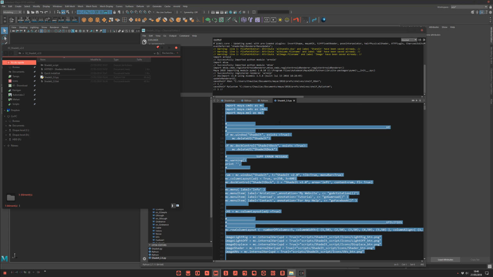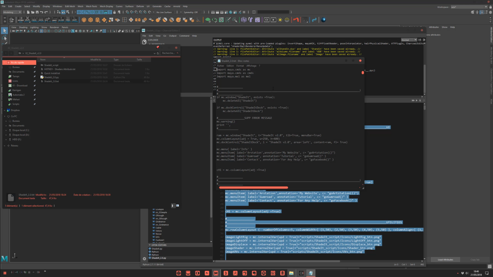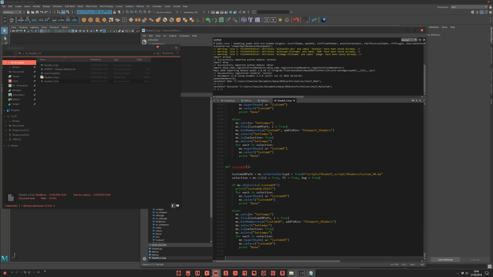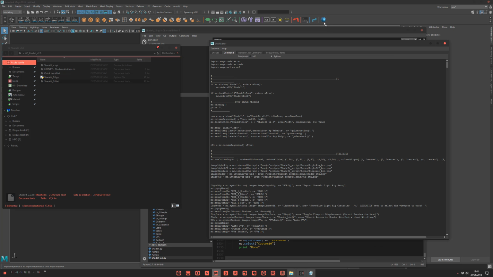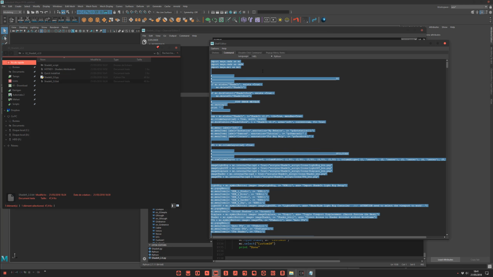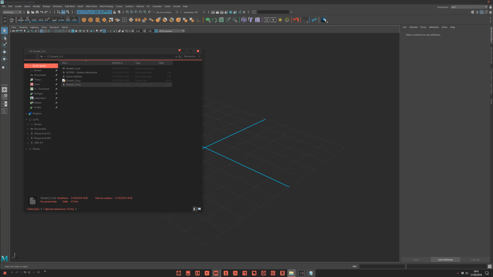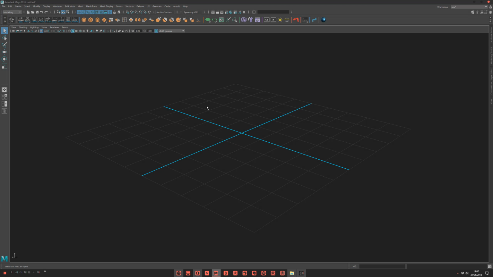Or if that doesn't work for you for any reason, you have the same in a text file. You just Control A, Control C, Control A, paste here, and it's done. Or you can even copy directly into your existing one if you already have Shadit installed. So really simple. Choose an icon, what you want, and you click, it's done.